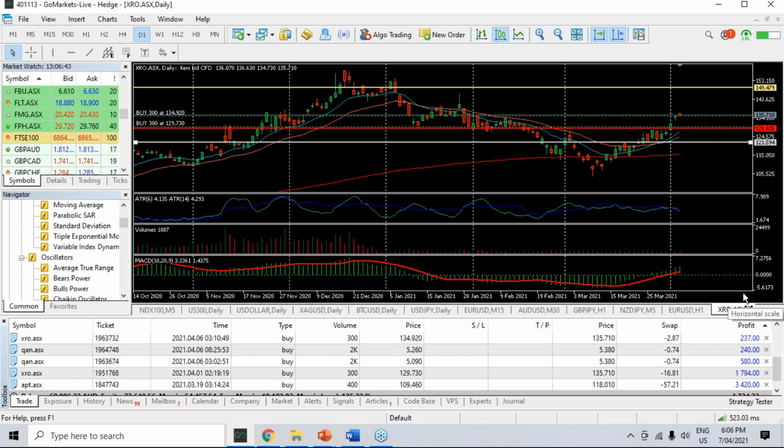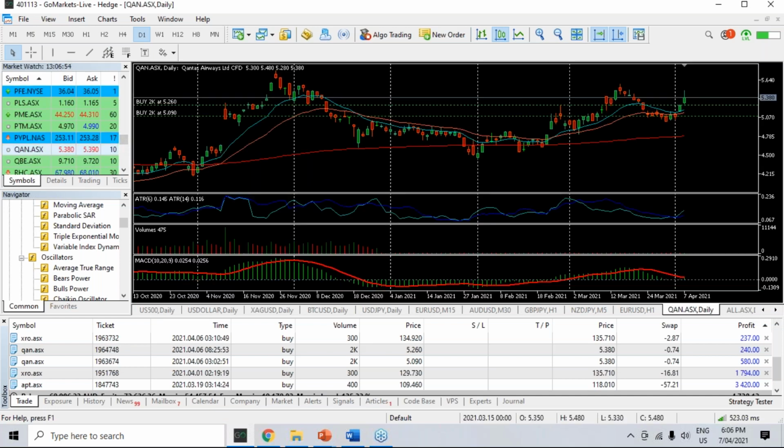And same deal with Qantas, but at an earlier stage. I just wanted to get this out of the way. So same deal with Qantas, you can see. So again, we had a bounce, again relevant to today. So there's an entry on this candle here, and there was another entry at the end of business yesterday,